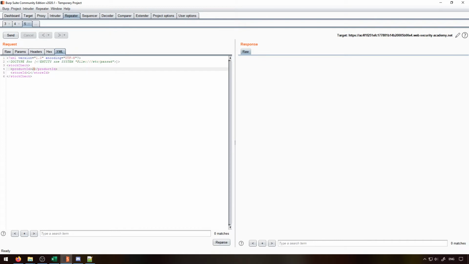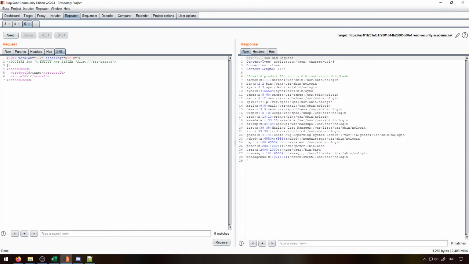Now all we have to do is change one of these values to that external entity. And what will happen is it will attempt to access that external entity, and it will return back the results. And the results in this case are going to be the contents of the password file. So the way that we access this is we put an ampersand, then XXE, and then a semicolon. So now I can send this query, and you'll see we'll get a response back here on the left-hand